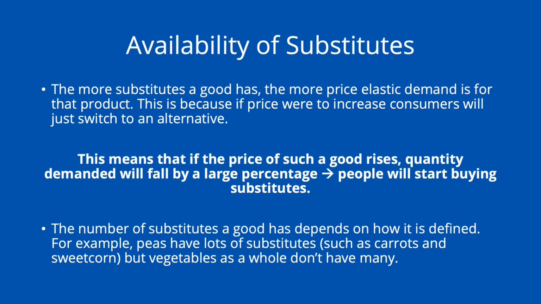The number of substitutes a good has obviously depends on how that good is defined. For example, peas in isolation have lots of substitutes, such as carrots and sweet corn, but vegetables as a whole don't have many. So the demand for peas will likely be price elastic, and the demand for vegetables would likely